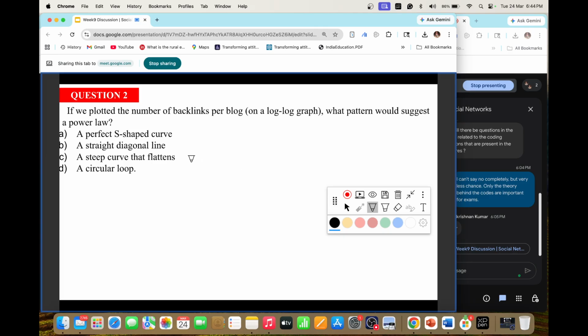Okay, so what will be the answer? It is a power law curve, but it is on a log graph, a log scale. So a power law curve on a log scale is nothing but a diagonal straight line. Okay, a diagonal straight line with a receding slope, not an accelerating slope but a receding slope. That means the slope is negative. Okay, so here it will be like log of fk against log of pk. Let's say log of fk here.